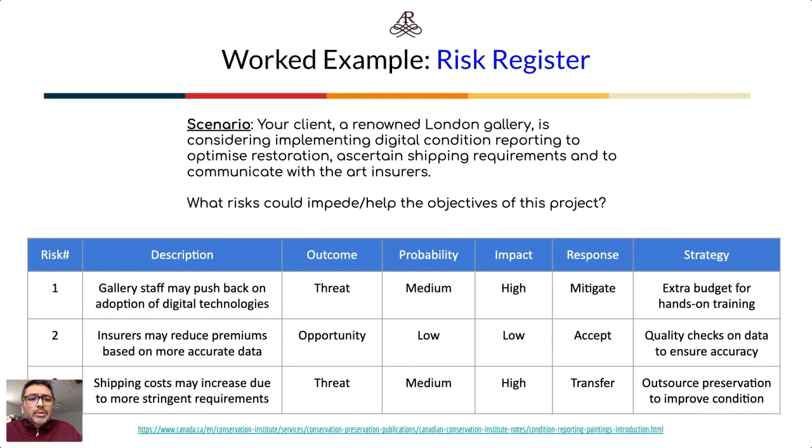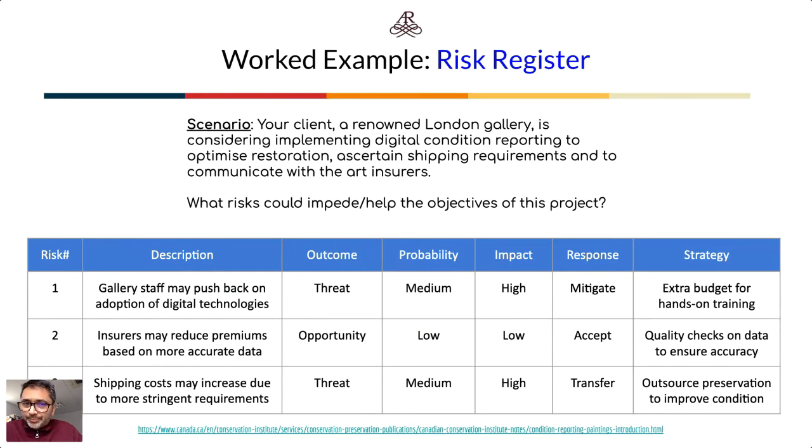The third example is where shipping costs may increase due to more stringent requirements. And that, of course, comes from having much more accurate data, which is what digital condition reporting typically gives you. In this case, if the shipping costs increase, that would be considered a threat to the project because your costs are going up. The probability might be medium and the impact might be high. And in this case, we may choose to transfer this particular threat by outsourcing the preservation to try and improve